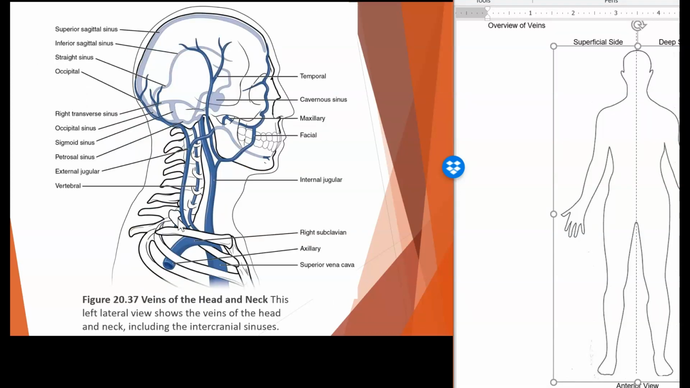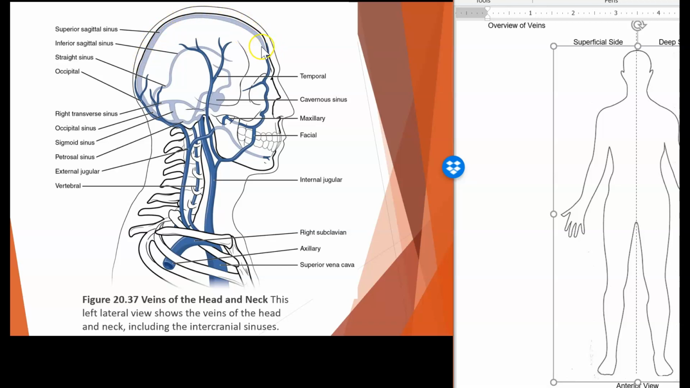Let's move on and first talk about some of these veins in the head and neck. So the first ones I want to point out are these sinuses. So there are really three different kinds of veins. We have superficial ones that you can see right under your skin. So if you look at the back of your hand, you can see maybe some of the veins in there. We have the deep ones, which you don't see, and then we have these sinusoids or sinuses, which are found